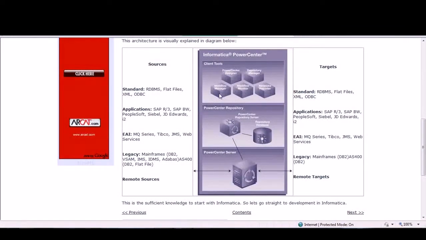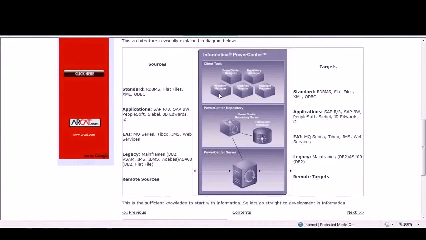Then we have a workflow manager. In workflow manager we basically create sessions. We create workflows through which we can define which session should be performed in which order. We can manage the workflows, we create the connections through which our sources and targets are connected, and we can trigger the workflow itself from the workflow manager as well. And there is one other option that we can also trigger the workflows from the Power Center command prompt.